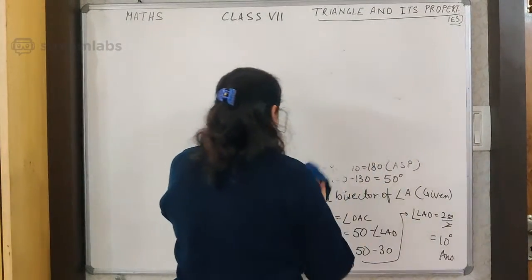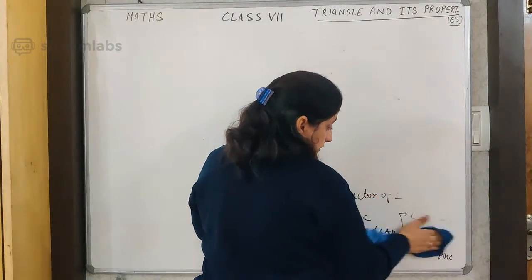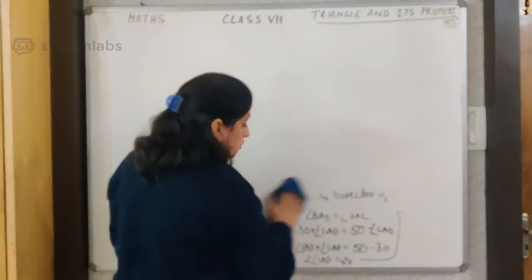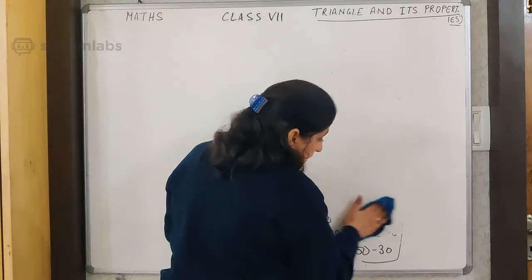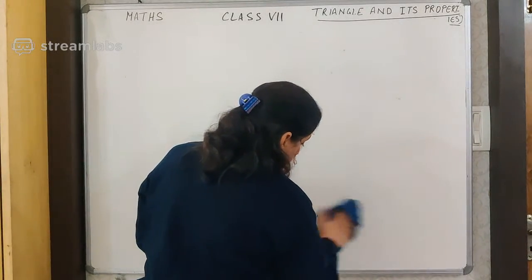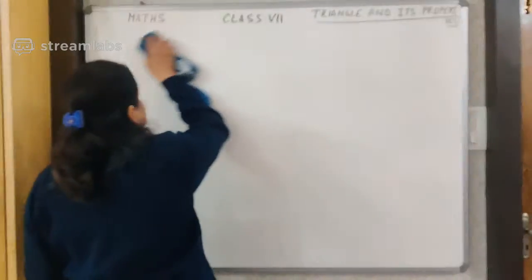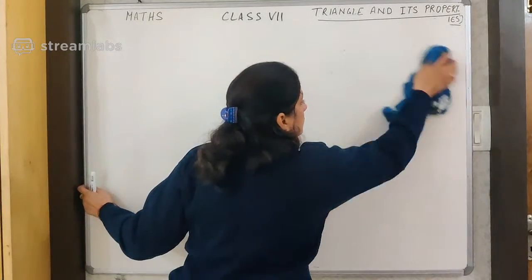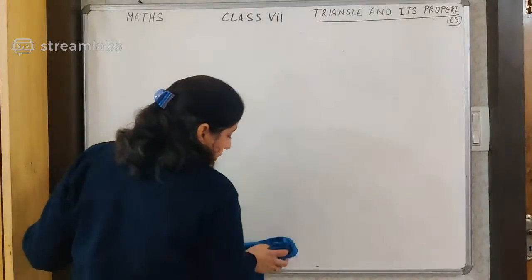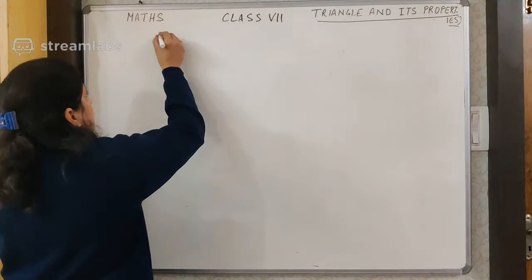So we are now moving to the next property, exterior angle property. To understand this property, you need to know what an exterior angle is, and then what the property related to this exterior angle is. Any triangle will have three exterior angles. How are the exterior angles formed? If I take any triangle,